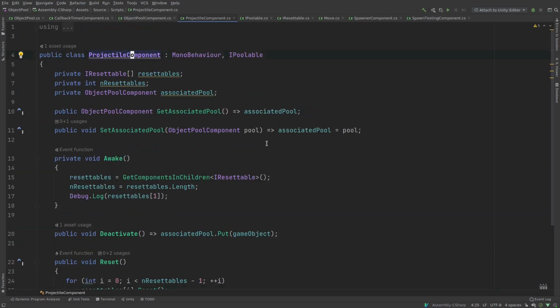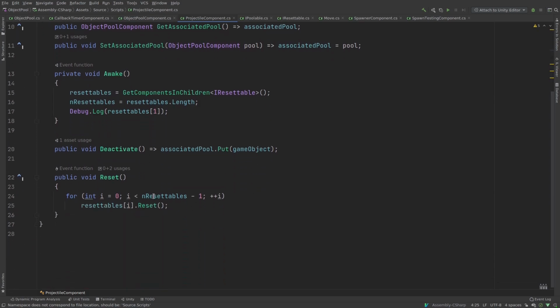It will be that projectile component. So I'm just not resetting that last one, which solves the problem. This is assuming that it will always be at the end. And from what I remember and from my tests, that is the case. Now, I can't say that with 100% certainty because I haven't read it anywhere, but I'm pretty confident that's the case. Otherwise, well, then we could just complexify this for loop and check if the